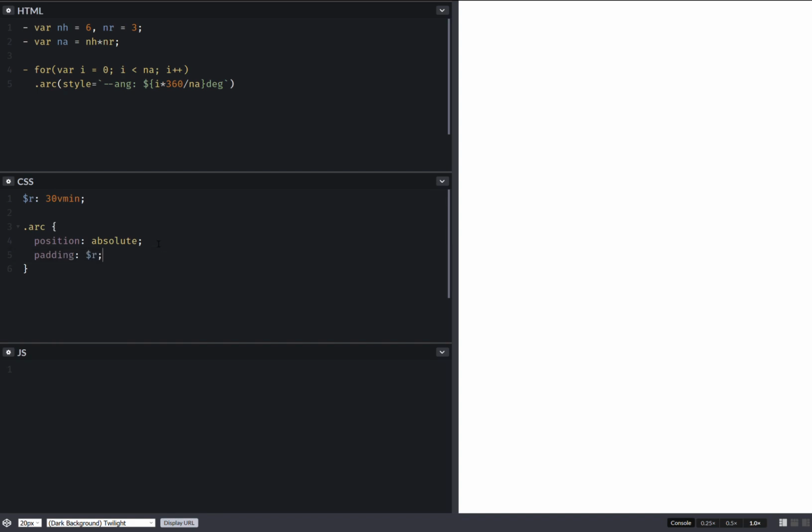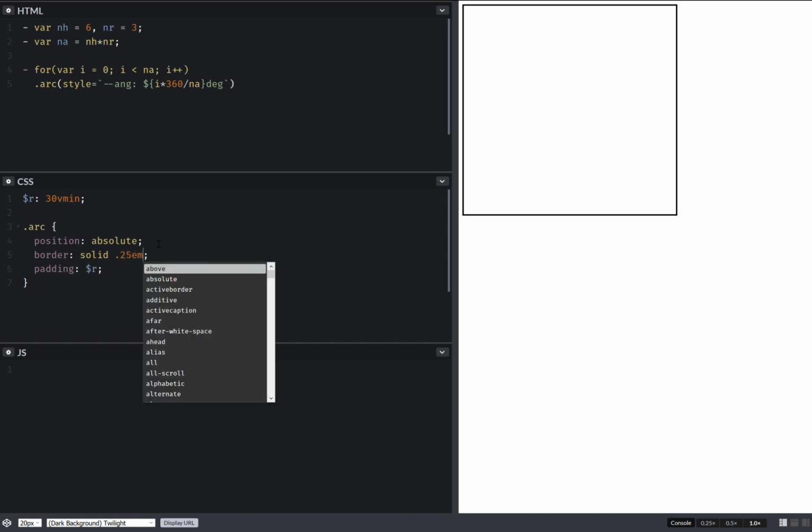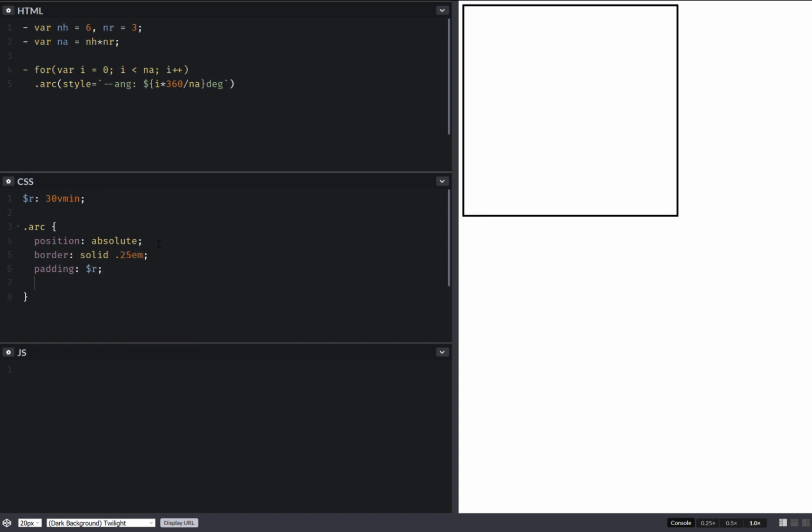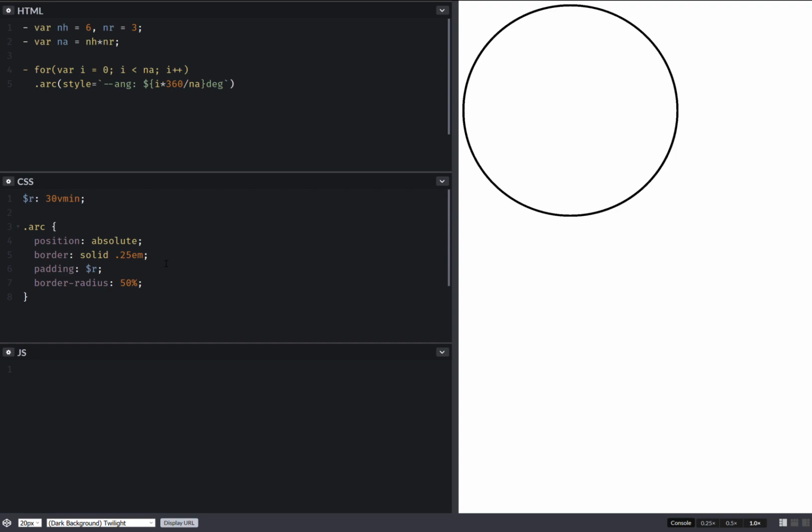Here we set padding, and we set a border, and it's going to be something like this. Now that I've done this, let's also set border radius 50%. Okay, so now it's round, and